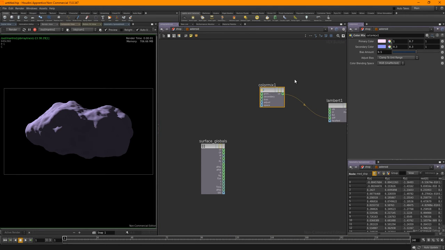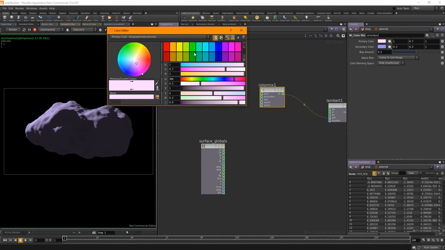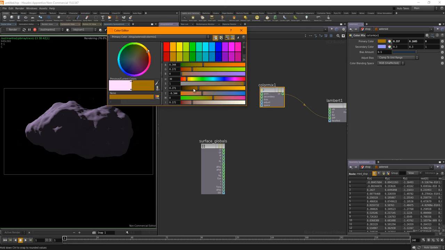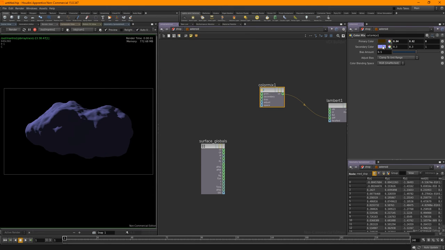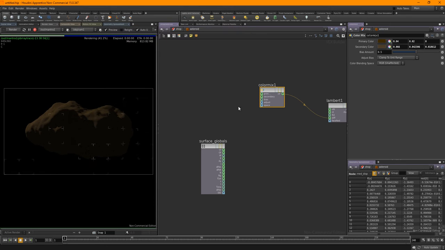So colour mix. Let's find a decently dark colour. It has to be relatively dark on the first one, and I'm going to go something similar, a bit grayed out, on the second one.